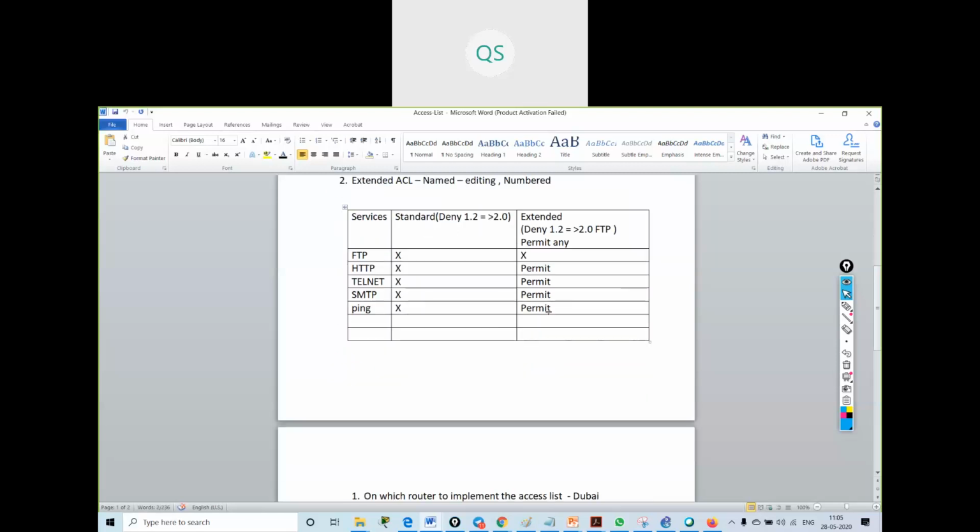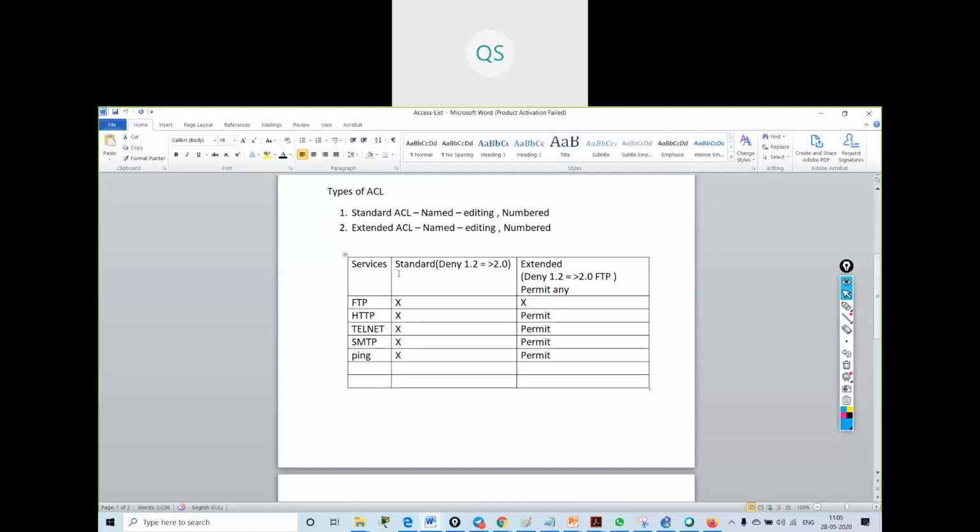Now the difference between standard and extended. Standard is a source based ACL. It only sees the source IP address. So you will say deny 1.2 to go to 2.0.